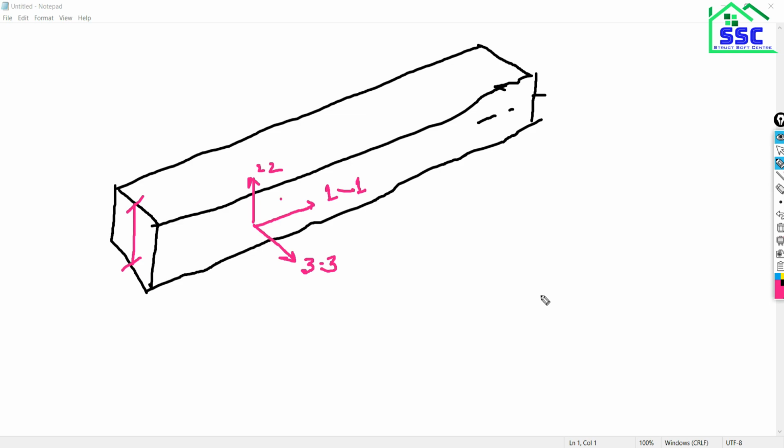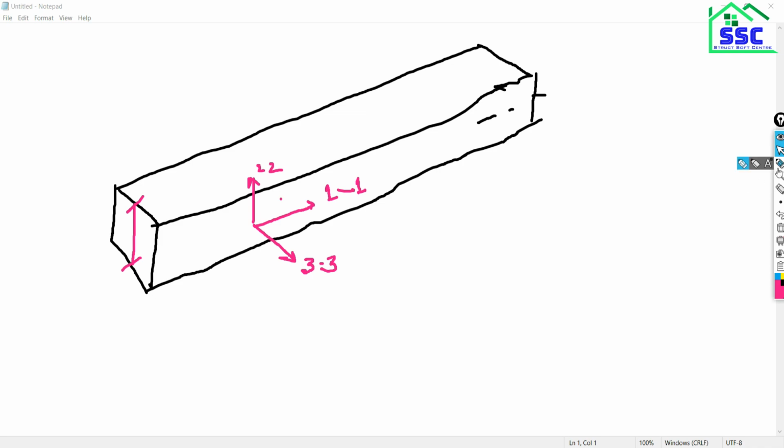No doubt, in the case of the global axis, we have the X-X, Y-Y, and Z-Z representation. But in the case of the local axis, it represents the axes by the numbering 1-1, 2-2, 3-3. Remember this point. It's very important to understand the topics I am going to discuss with you guys. So this 1-1, this 2-2, this 3-3.